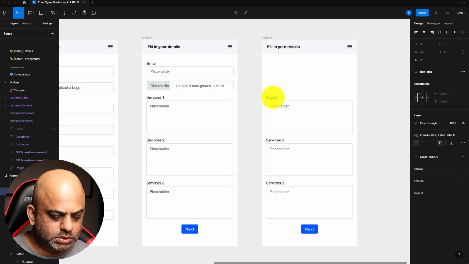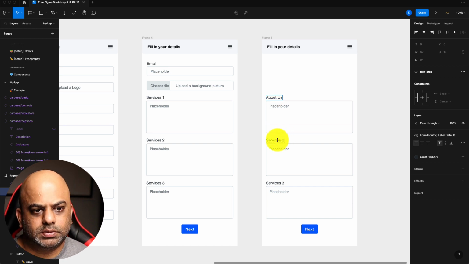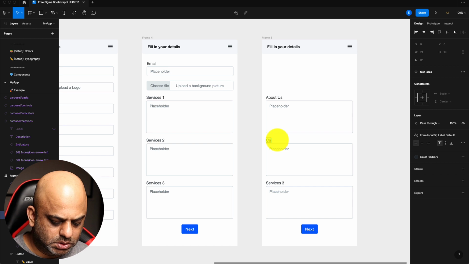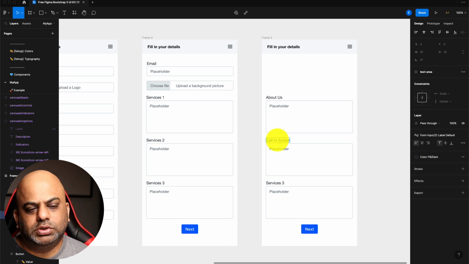About us, maybe a call to action that we want to put on the Jumbotron.